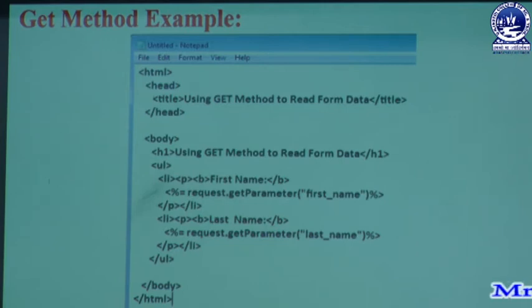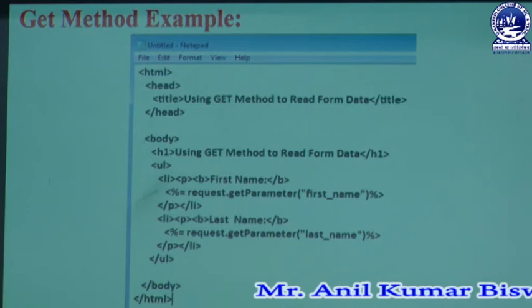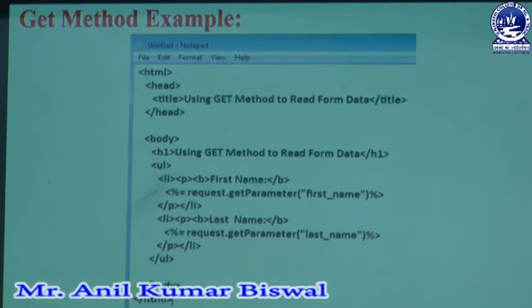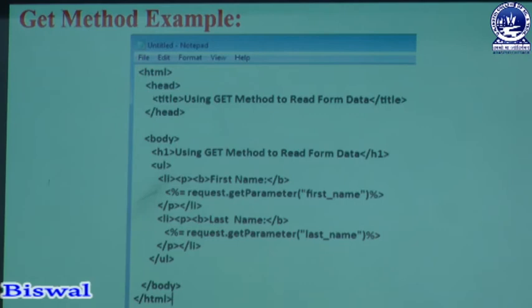It is a simple example which contains a get method, and that example must be saved as a .jsp page, and it is written in HTML. Then we write the head section, and in that head section we have a title part. In the title we write a message like: using get method to read form data. After that, we write some program here. In the body section we use the get method to read some form data, and after reading that form data we can easily retrieve some information which is present in our backend part.